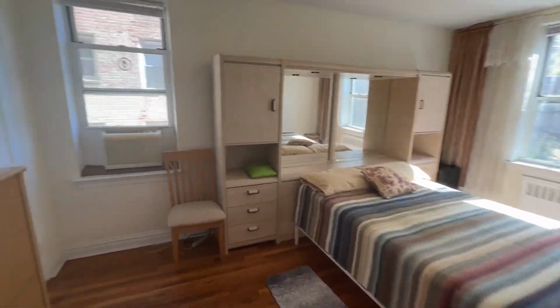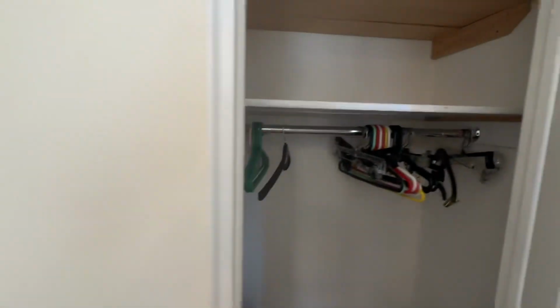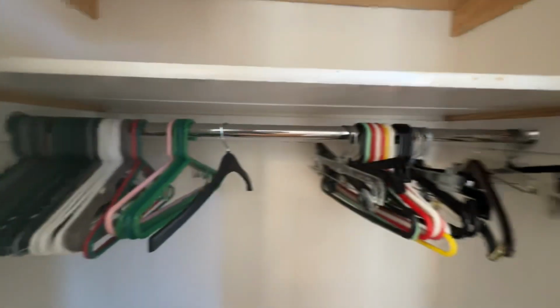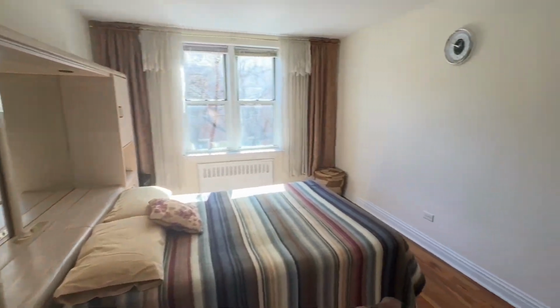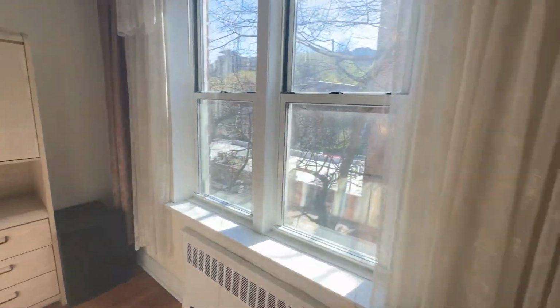Storage all around the bed, and another chest of drawers, and the last closet. A little bit better view of our